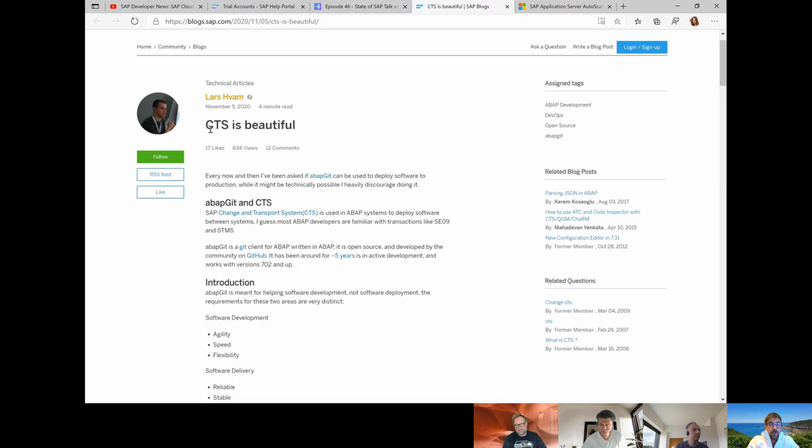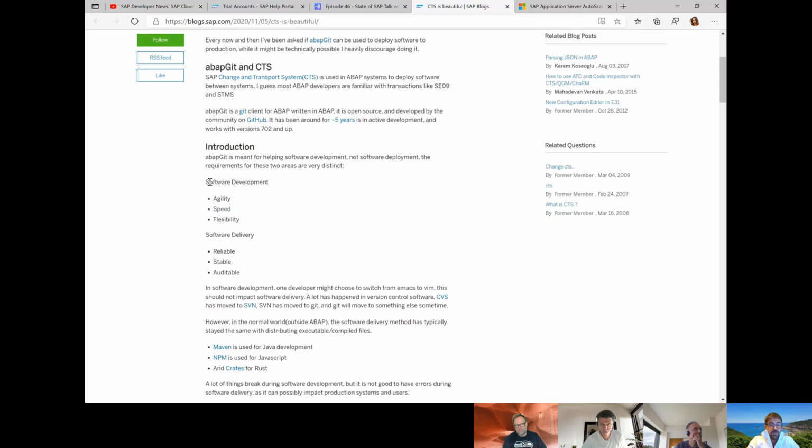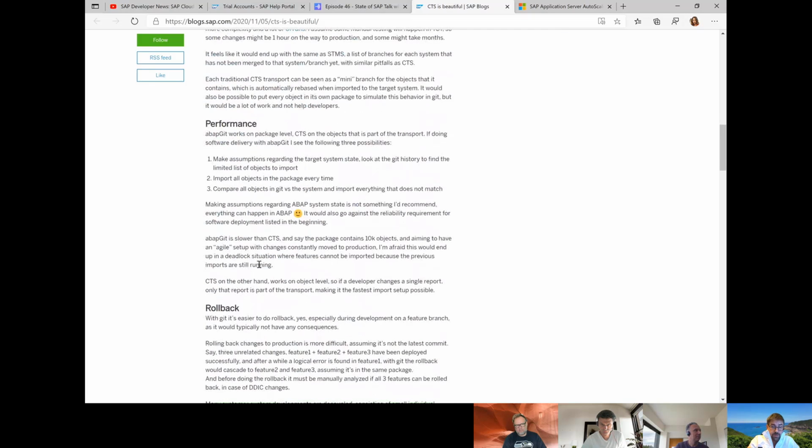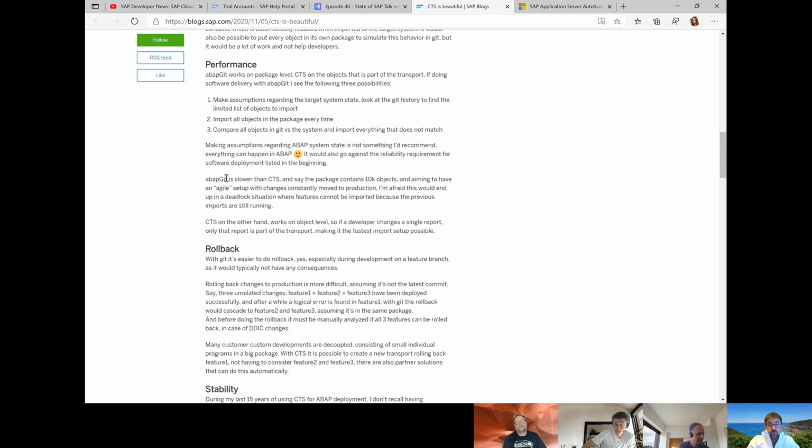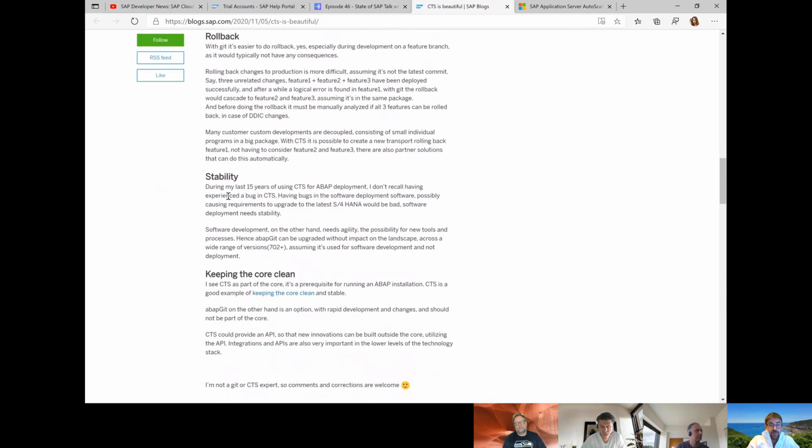In this blog, Lars talks about CTS and how CTS and abapGit work together, where you have to differentiate between software development and software delivery. He then goes into some thoughts on how you would position this, and where abapGit is really useful and where CTS is very useful. One thing that I liked was that during my last 15 years of CTS for ABAP development, I don't recall having experienced any bugs in CTS.